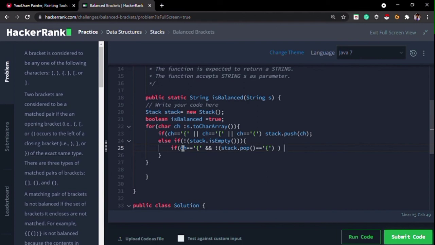In this case, change isBalanced to false and break from the for loop.